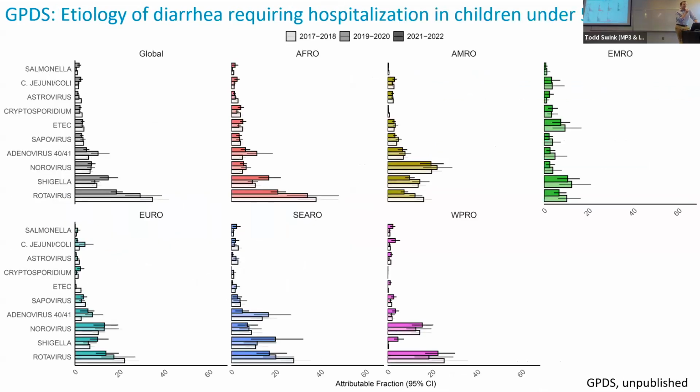I mentioned GPDS. This is a hospital-based study. I'm just going to very briefly show some big broad results from GPDS, both on etiology of hospitalized diarrhea and then talk just a little bit about diarrhea mortality from GPDS. So GPDS is